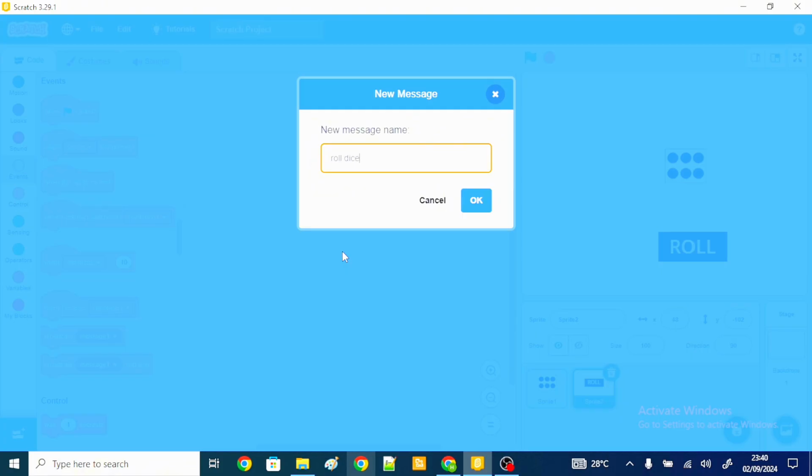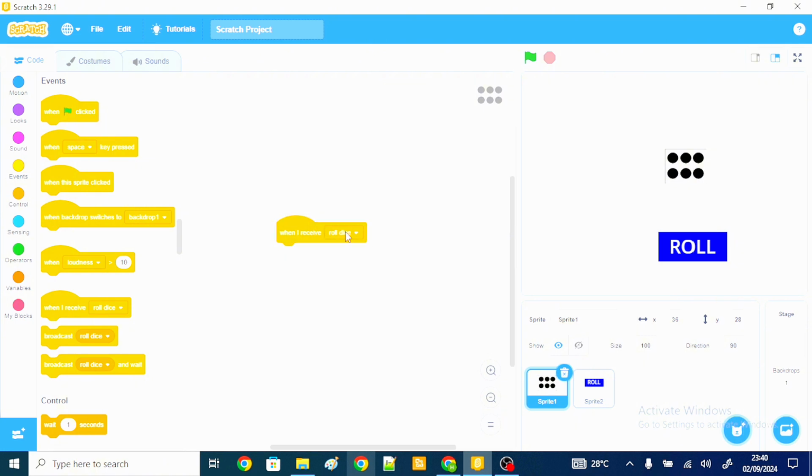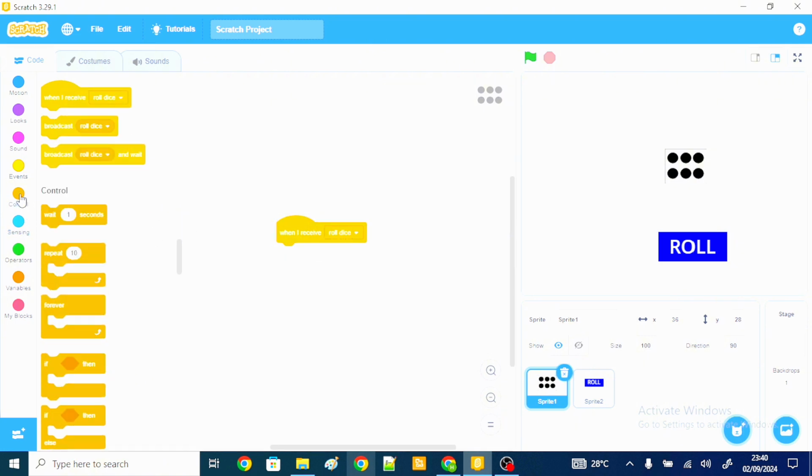So when we click this sprite, there will be a message sent out to this other sprite to roll. Okay, so on this sprite, we're going to use this code. When I receive the message roll dice, we're going to